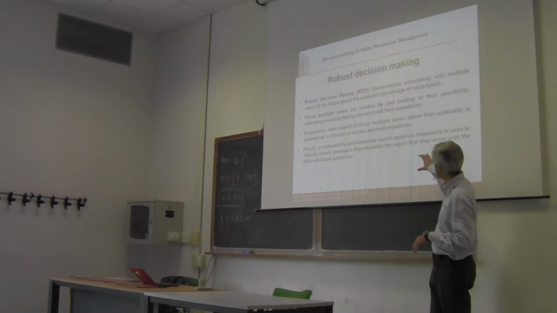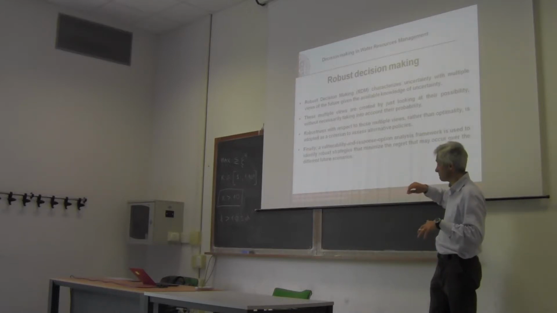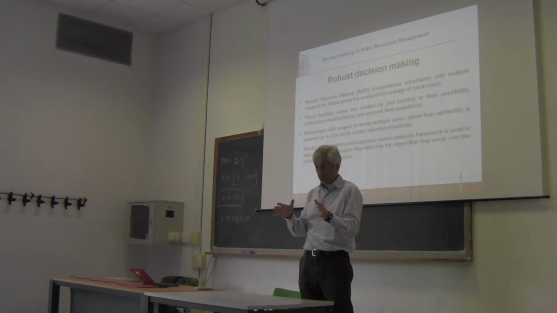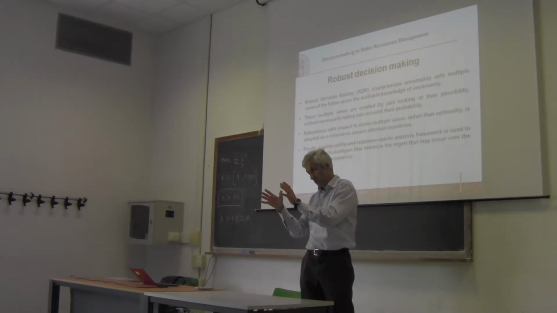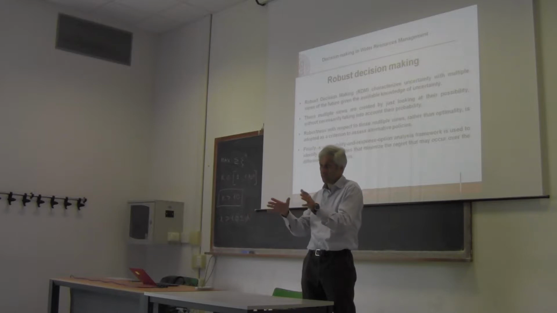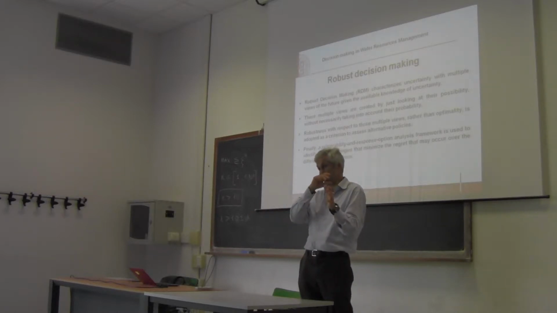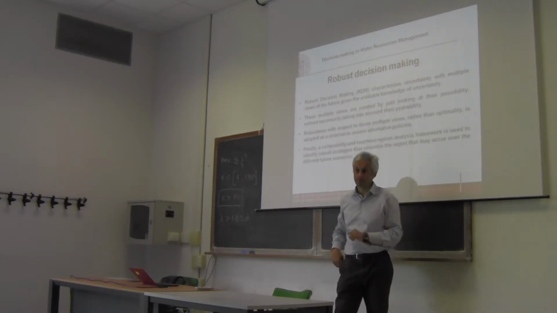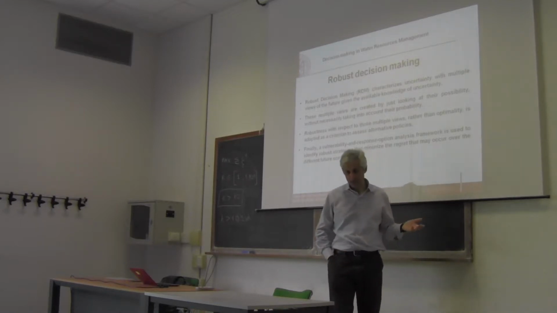And this sets the basis for analyzing it directly with respect to several futures, what happens if you take a certain decision. And then you select the most robust. Of course, you may say